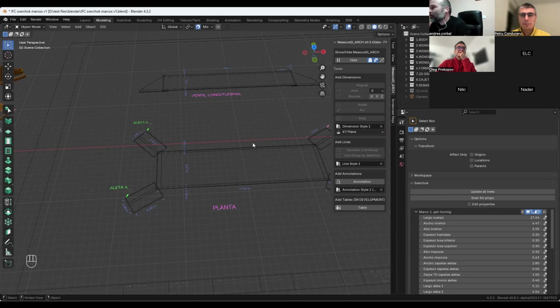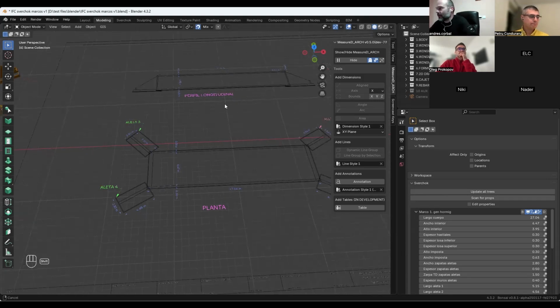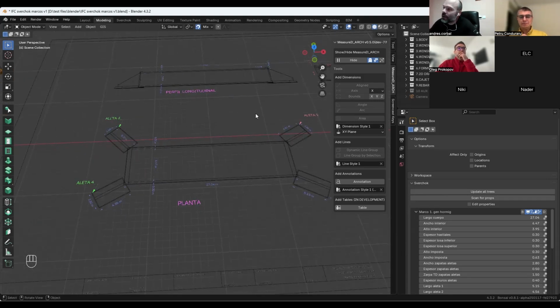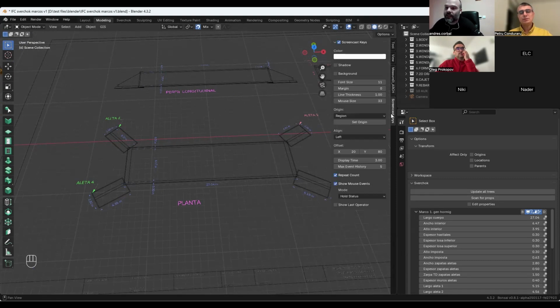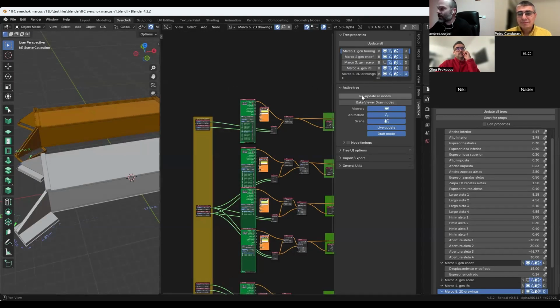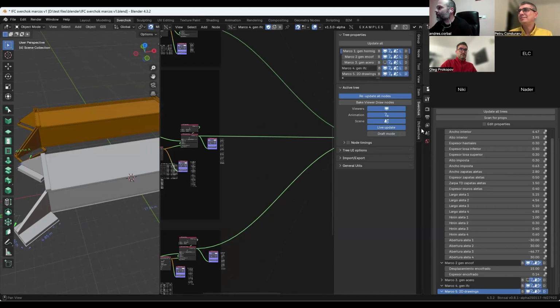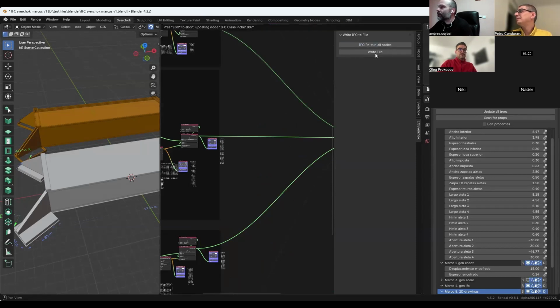Okay. So I'm going to show you how to save an IFC file and open that IFC file in Bonsai. So we have to go to the Sverchok workspace, check this, update, and write the file.